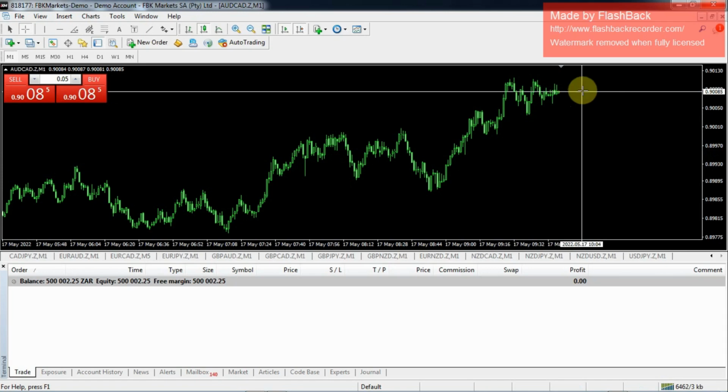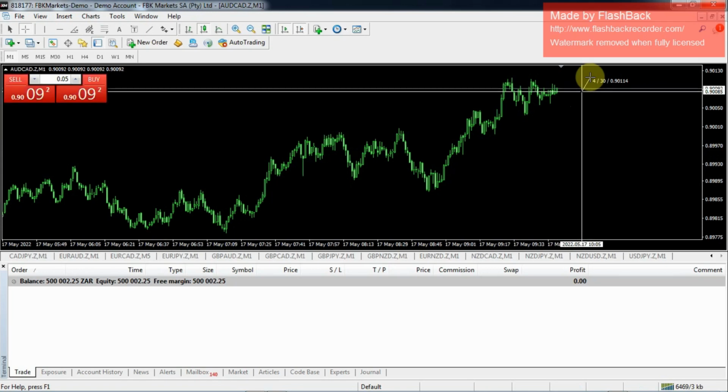Okay, so most people have been doing it wrongly. They don't know how to set 30 points. 30 points is tight. It's a tight take profit. 30 points, which is 3 pips. I'm repeating this because most people have been setting huge take profits,